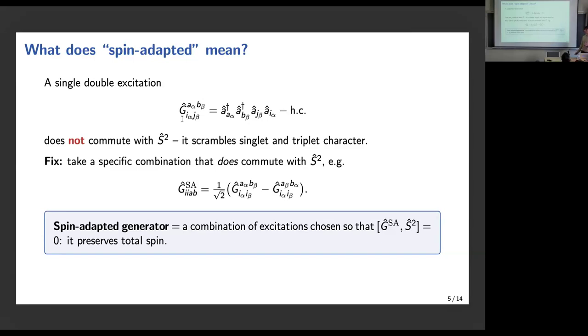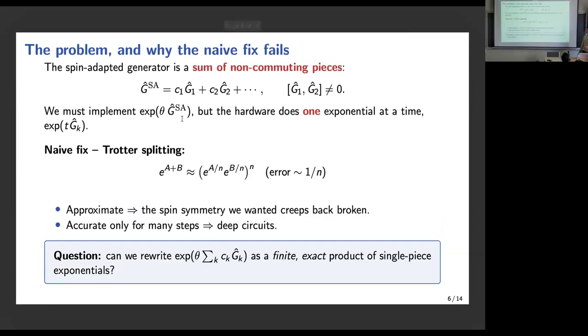So that's a fix for the first issue. But even though you know that, okay, you can build a generator that would commute with the total spin, the main problem here is how would you then implement the spin adapted generator on a quantum computer? To make the problem a bit more clear, we would kind of have to look at what the